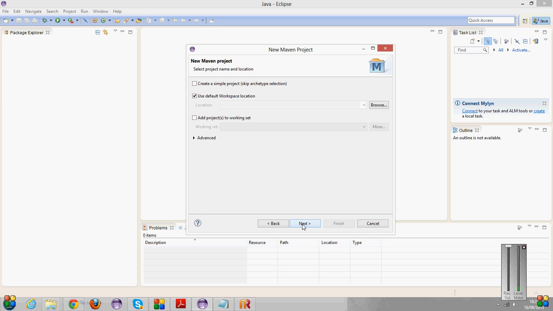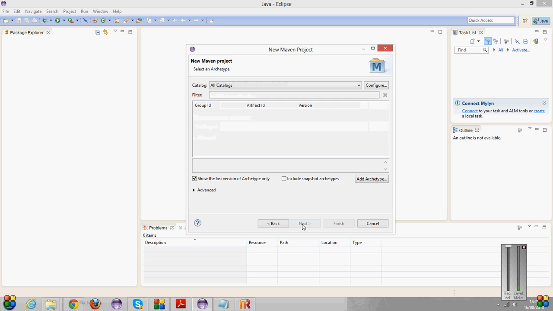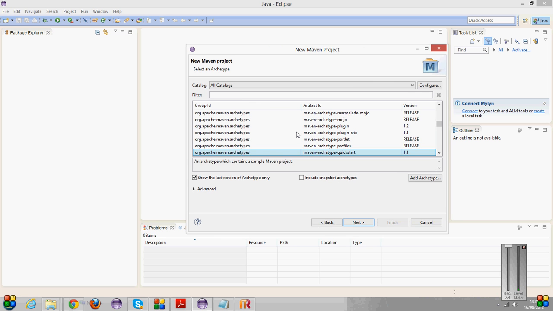Yes, tell me. So you want to use the create simple project option? No, I will get that option now. So now the system is connected to the internet, so you will get a lot of different kinds of Maven projects available online. We will select the quick start one. We'll wait for a minute till we actually get the data from the internet. Okay. So we typically go with quick start,